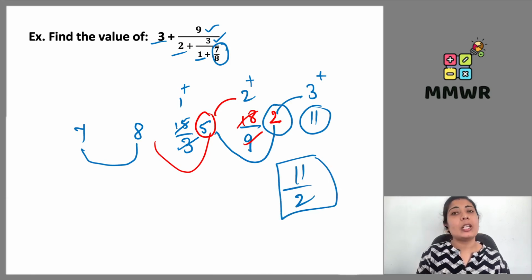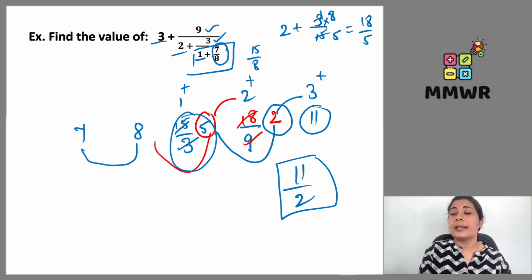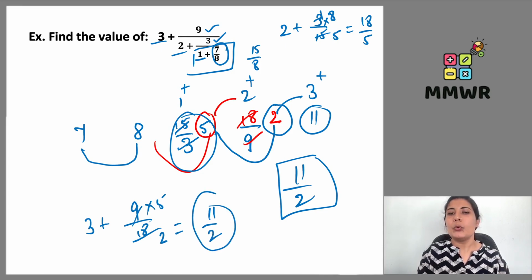Even if you do it with the longer method, look, 1 plus 7 upon 8 gives you 15 upon 8. This will become 2 plus 3 upon 15 upon 8, like this. So 3 ones are 3, 5 fives are... That is why we are doing the division. So 5 twos are 10 plus 8, 18 upon 5, which will be into the denominator of 9. So 3 plus 9 upon 18 upon 5. So 9 twos are 18, which gives me 3 twos are 6 plus 5, 11 upon 2, which is the